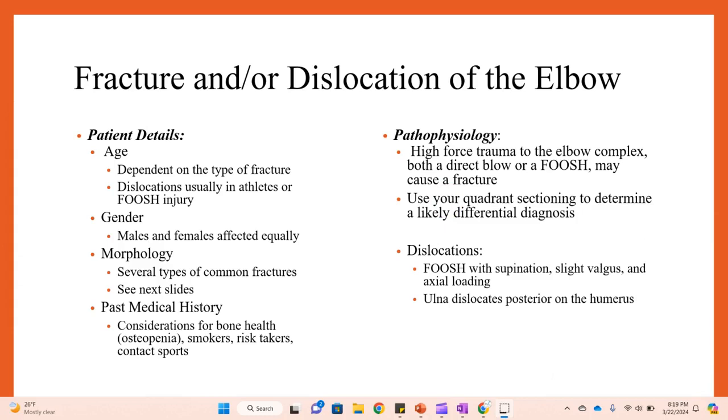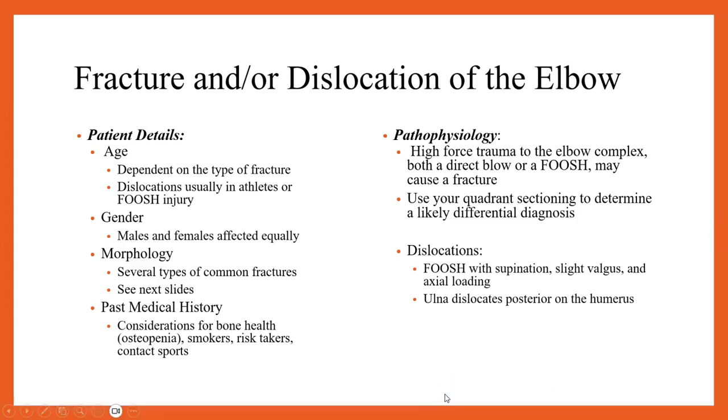Dislocations happen from a Fuchs-style injury with the arm landing palm down in an axial loaded position, but the arm's going to be supinated and slightly in valgus. And those three things, axial loading, supination, valgus positioning, may lead to an ulnar dislocation. It dislocates posterior on the humerus. So as we move on to the next slide here,